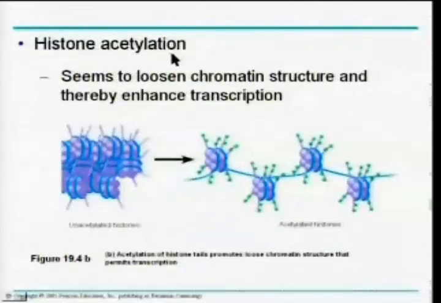Histone acetylation is one example. An acetyl group, COCH3, can be added to the tails. On the left here we see the unacetylated histones, and when they are acetylated, it seems to loosen the chromatin structure and thereby enhance transcription. Now in the textbook they talk about different charges of the proteins and